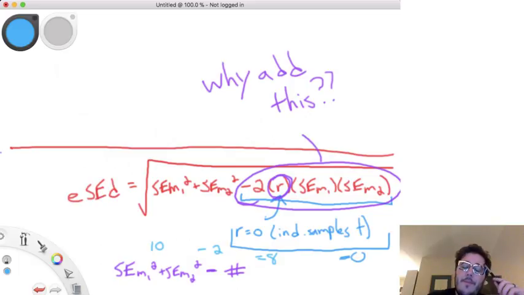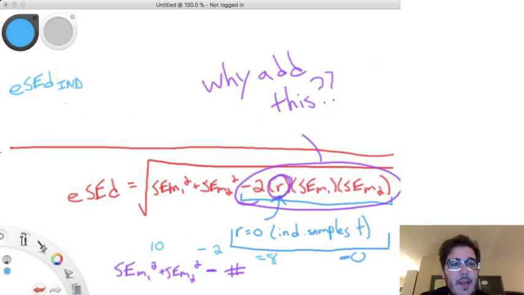So if you compare the estimated standard error of difference in the independent samples t-test to the estimated standard error of difference in the paired samples t-test, assuming a correlation exists, there's a correlation there, you're going to wind up with a smaller estimated standard error of difference. Does that make sense? I hope that makes sense. So for all other things equal, the estimated standard error of difference for the independent samples is going to be bigger than the estimated standard error of difference for the paired samples,